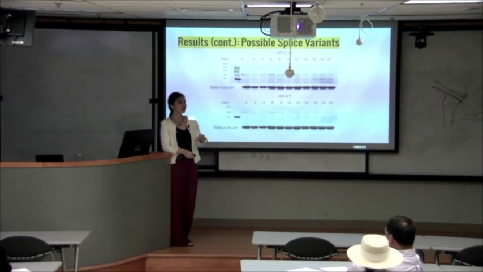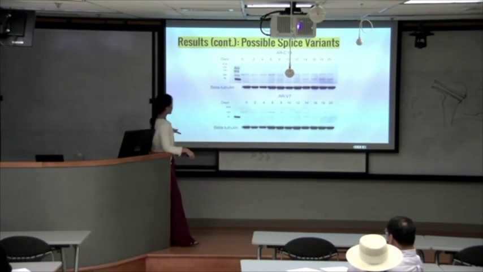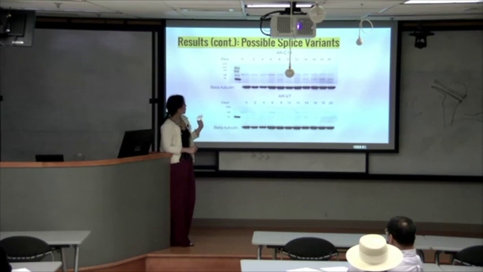So androgen receptor protein levels appear to remain consistent, but the PSA levels are changing as an indicator of the AR activity changing. As a result of those, we looked for possible splice variants using 2 different antibodies, ARC19 and ARV7, and we stripped the blots and probed with these 2.